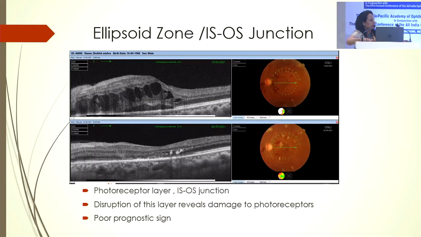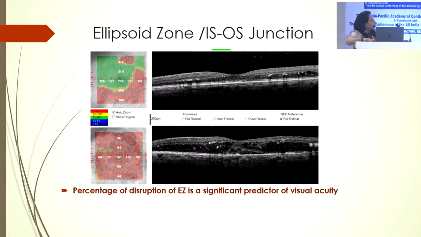The next layer, of course, is the earlier known as the ISOS junction, now known as the ellipsoid zone. So these two layers, the external limiting membrane and the ellipsoid zone, are of much concern. Whenever they are lost, the prognosis becomes poor, and the percentage of disruption of these layers significantly predicts the visual